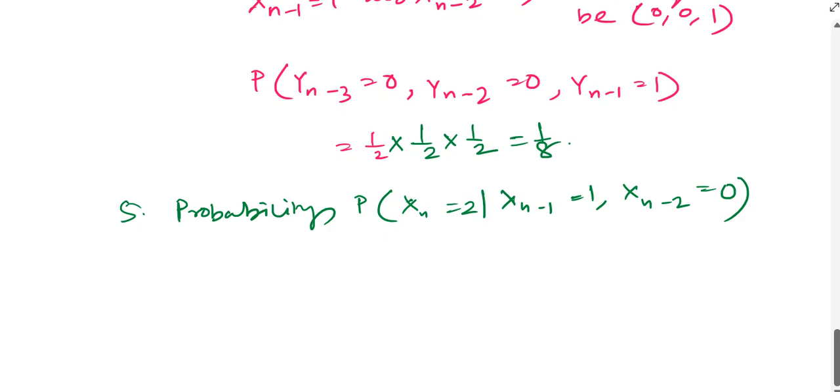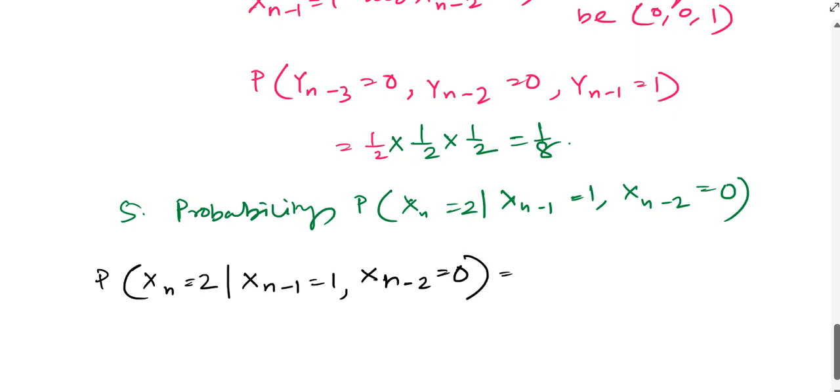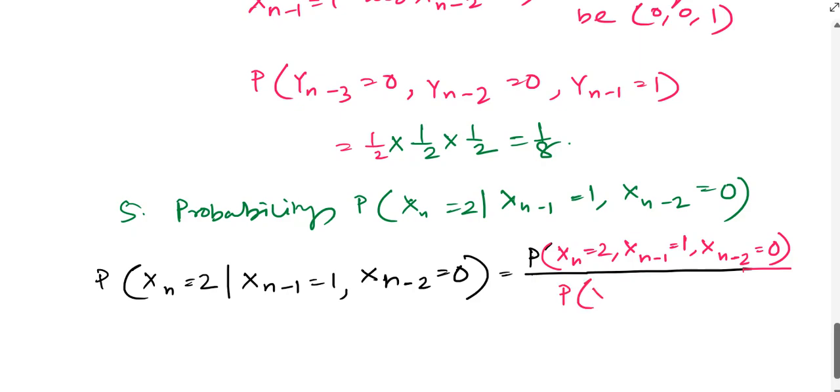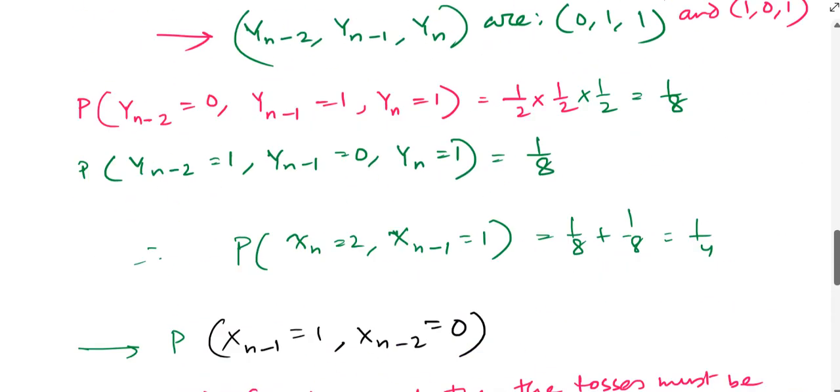So using the conditional probability, probability of Xn equals 2 such that X(n-1) equals 1, X(n-2) equals 0, that is probability of Xn equals 2 and X(n-1) equals 1 and X(n-2) equals 0, divided by probability of X(n-1) equals 1 and X(n-2) equals 0. So using the Markov property,